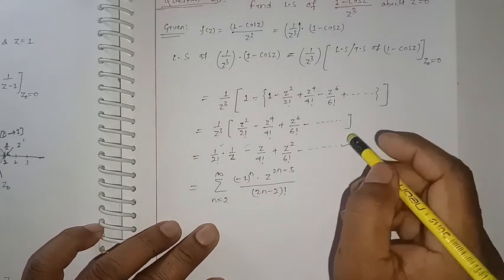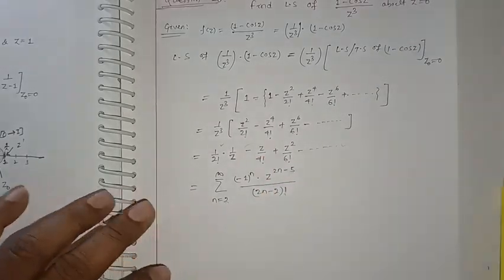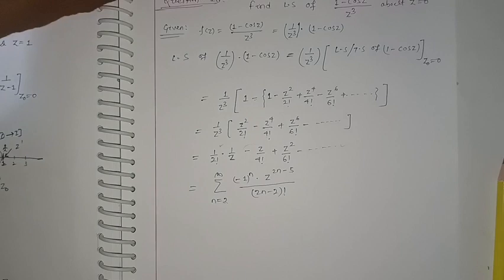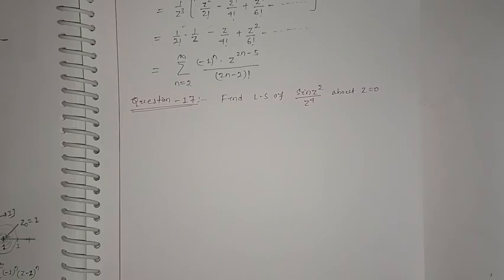Okay. If you want, you can write in this summation format also. Now we are going to go for the next question. So this is the question: sin z square by z to the 4 about z equal to 0. So, given the question,